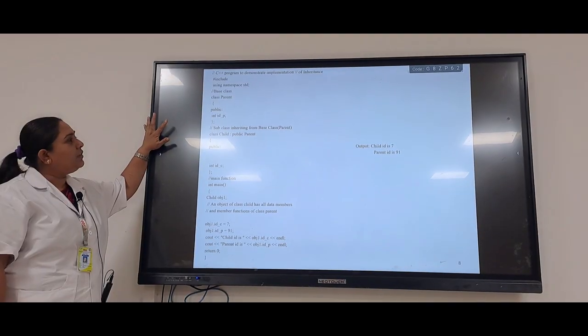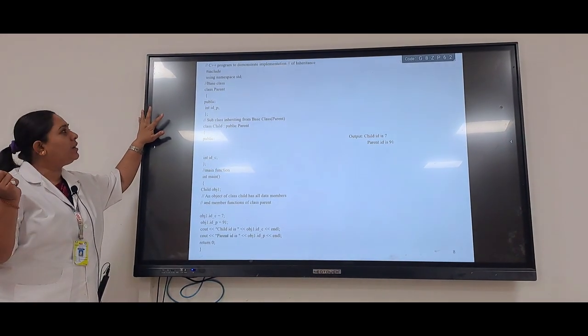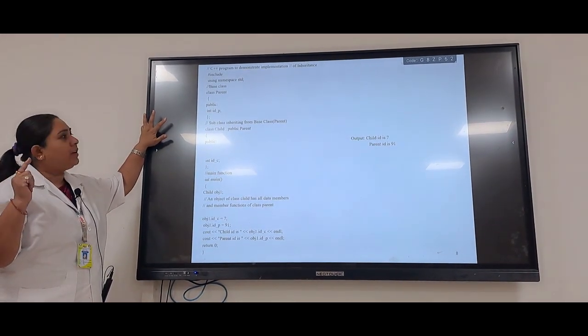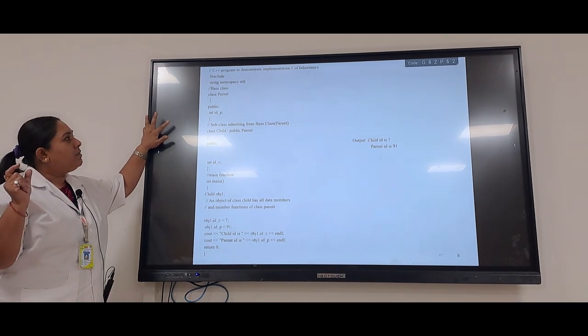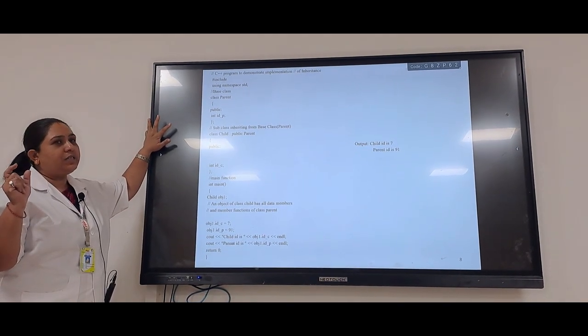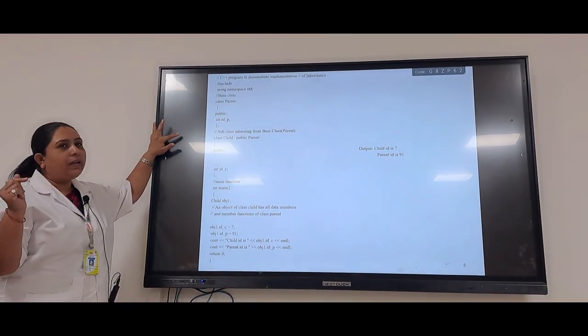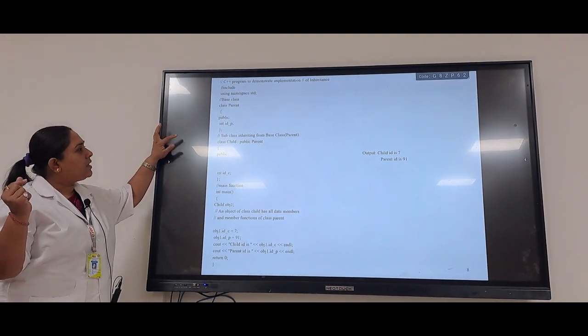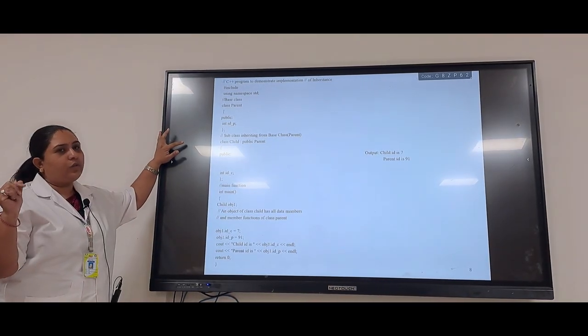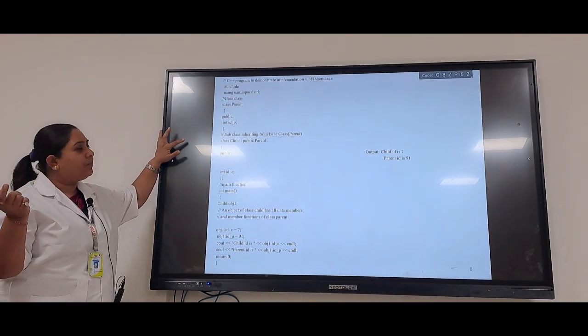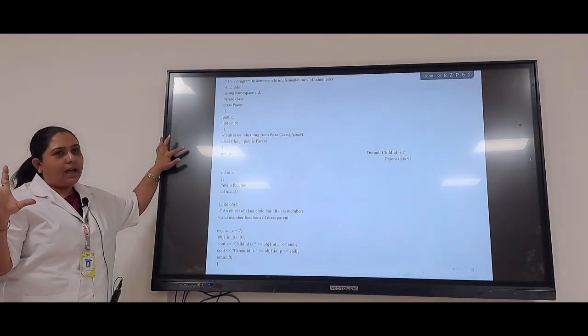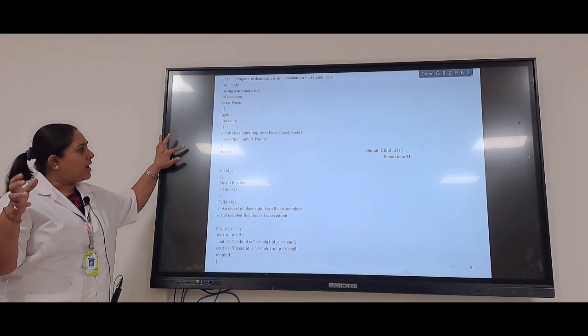We have the keyword class associated with the name of the class, and our base class name is parent. Inside the class, I have defined a public variable like id_p, which we may call parent id. And I am closing my class.